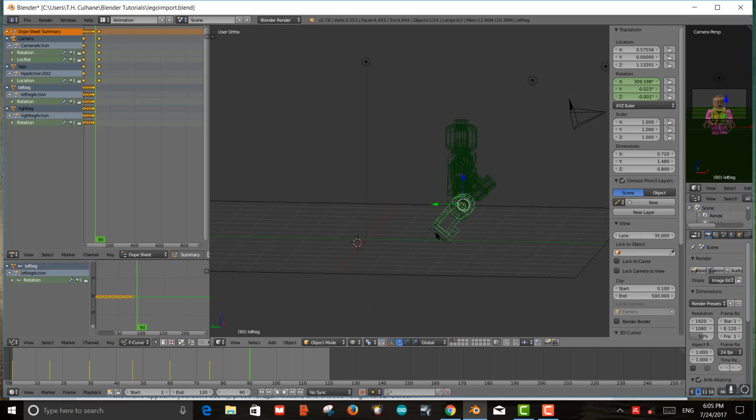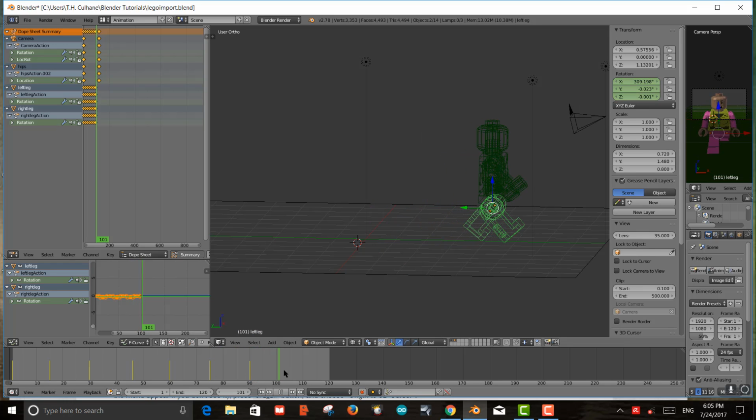Rx, bring it back, Rx, bring it forward, select both with shift, right click, I, rotation, and then go up to 105